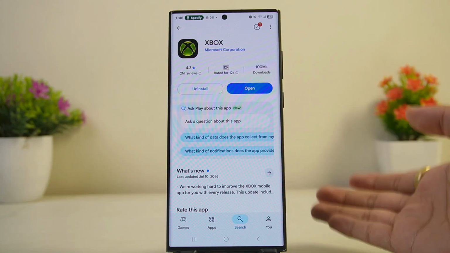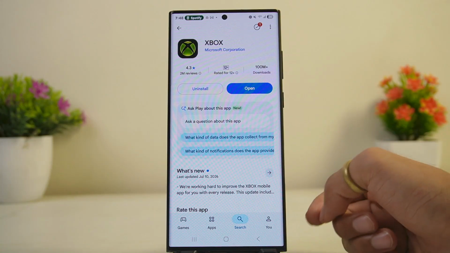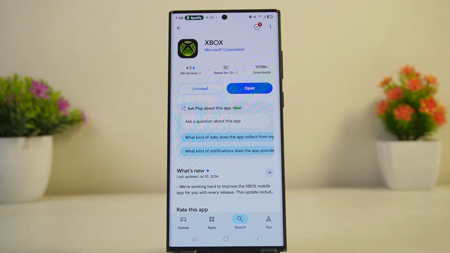How to get an Xbox refund step by step. To request an Xbox refund, first of all, you have to sign into the Xbox request and order refund page